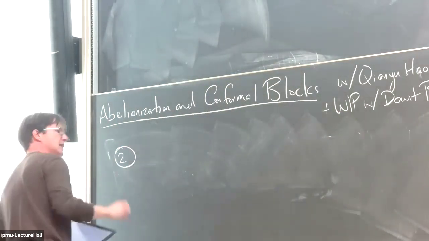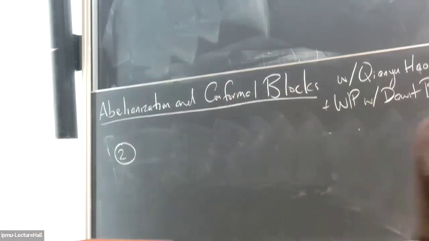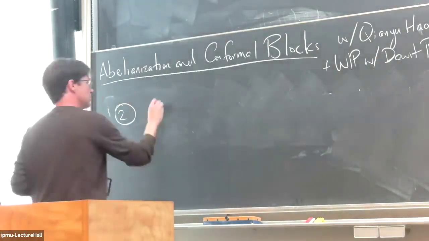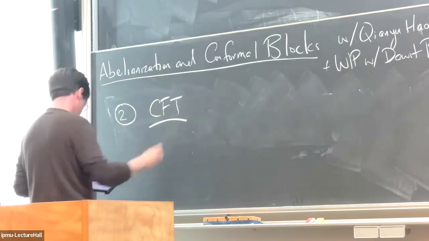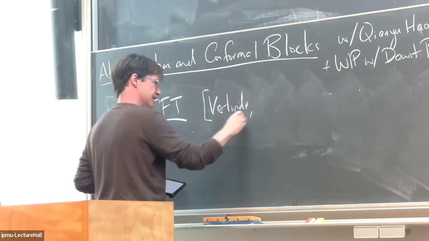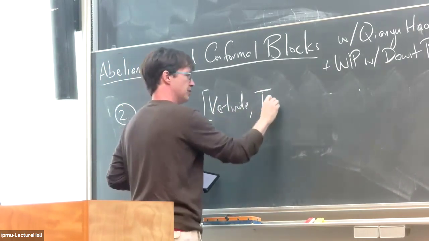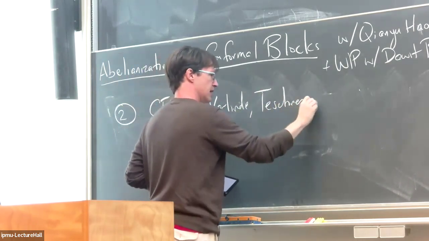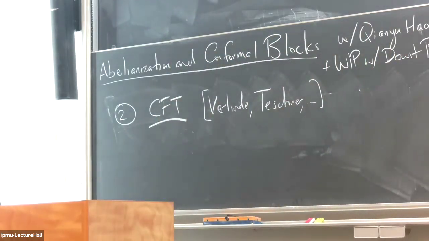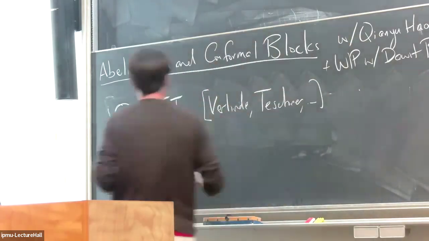Two has a completely different flavor, and it comes from conformal field theory. I think this idea was first written down by Berlinde, and developed much more by Jörg Teschner and many others. And there the statement is, the vector space that we're trying to make,